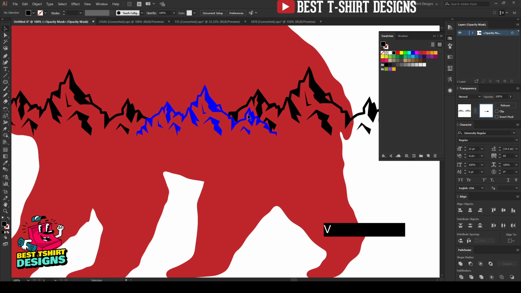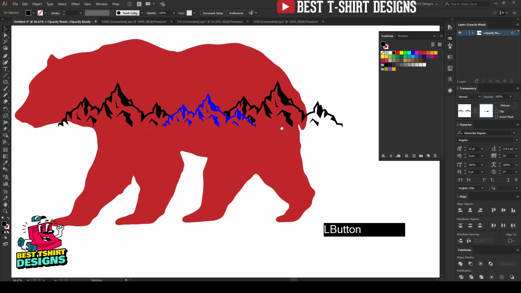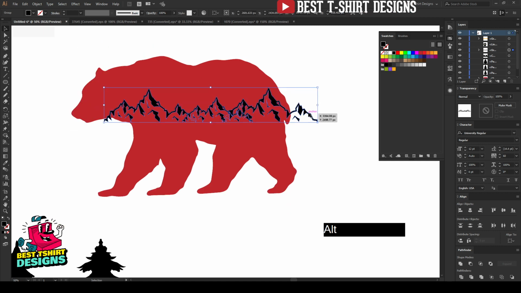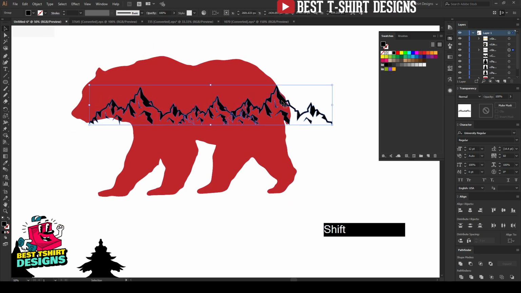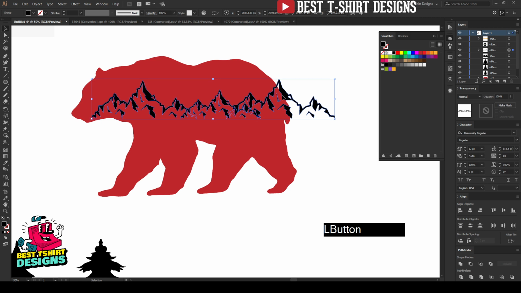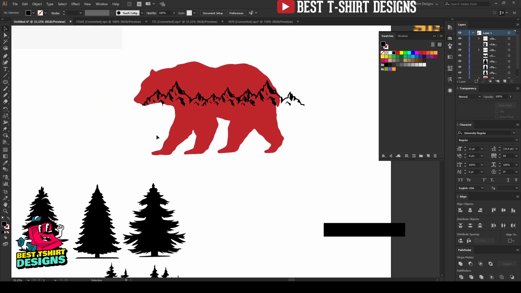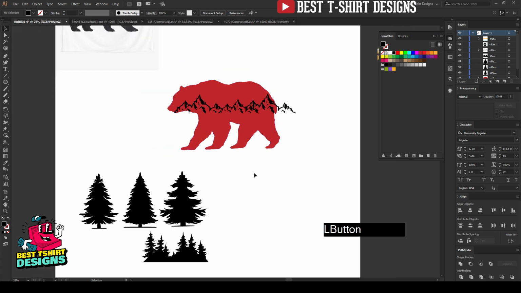As you can see, this is how it is going to look. So I am selecting this one, making everything black here. Let's group them together. So this is going to be the inside mountain part. I'm not changing anything from here right now.